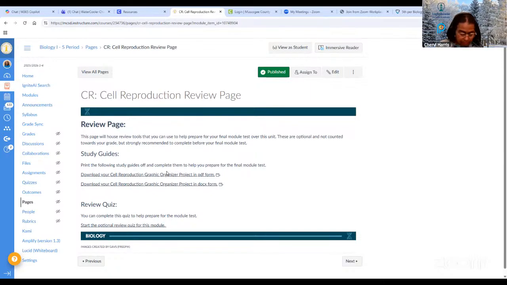So again, study guide, or finish those other pages that you have not finished on this unit. This unit will be over this week, and then we'll start a new one next week. And please use class time for classwork.